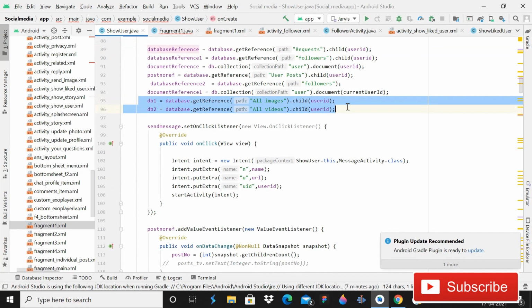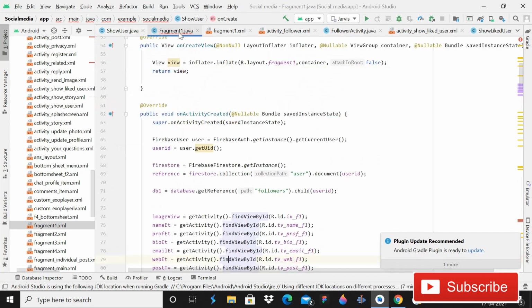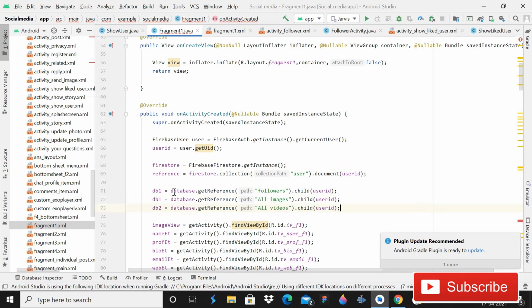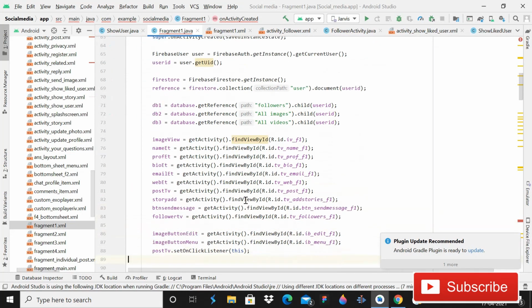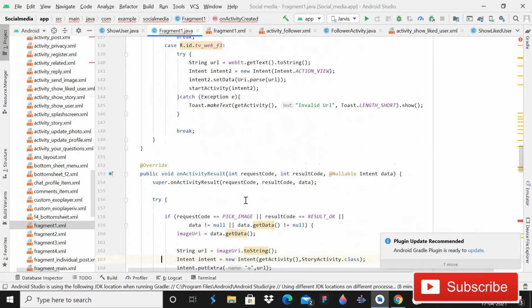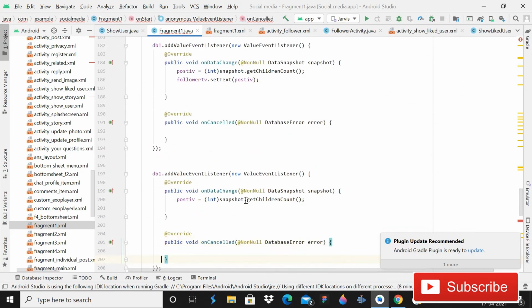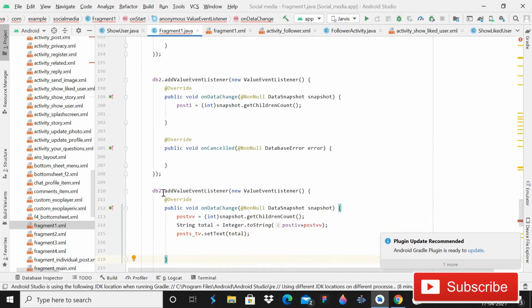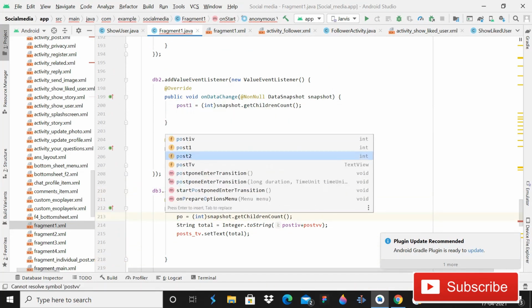So copy this code from here, Control plus C, and then go back in this fragment one, and this time do the same thing. Just come here and paste this one, and make it db2, db3, and that's all. Then come here in this on start method, make this one db2 and make this post 1, and make this one db3 and make this post 2.